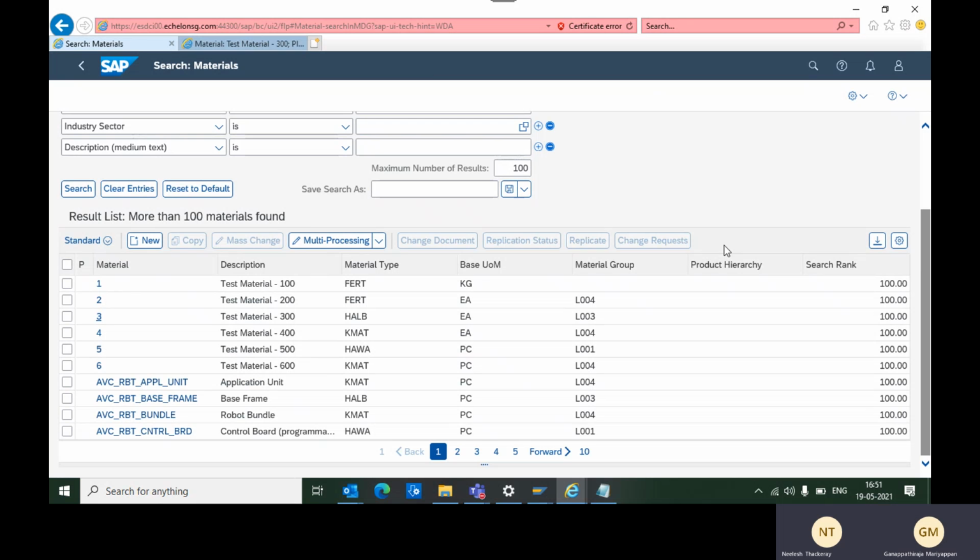SAP in the new version has given a whole list of change request processes for multi-processing. If you see the change request types, you must have seen matpur, matsal, all those things. There are so many change request types. We have not gone there. We have not set it up. It can be set up the same way that you set up for create material or for process material, because